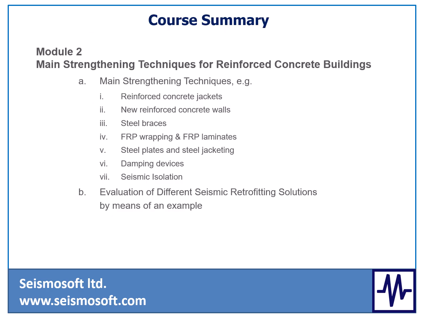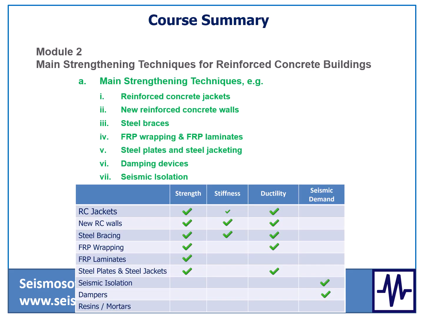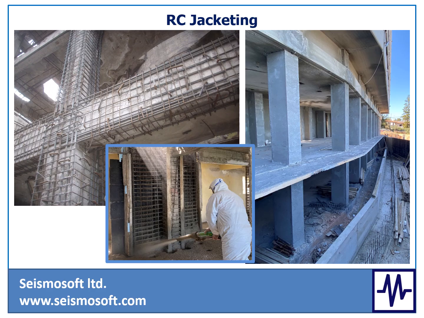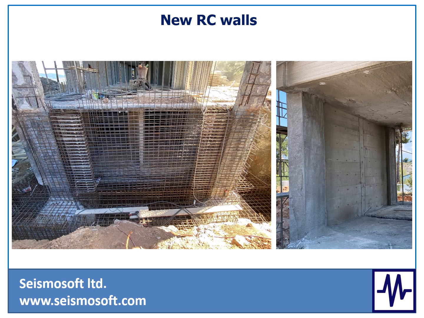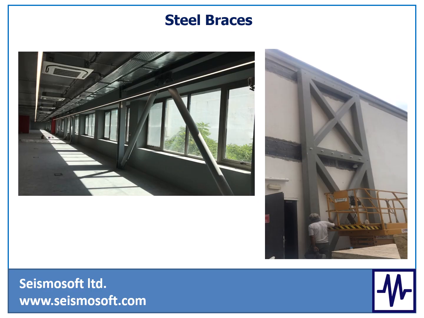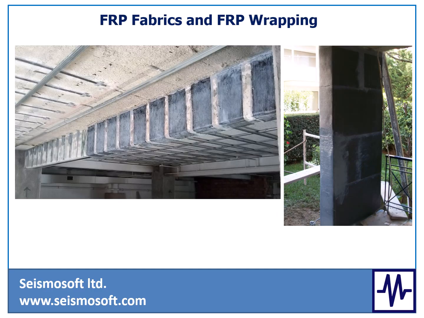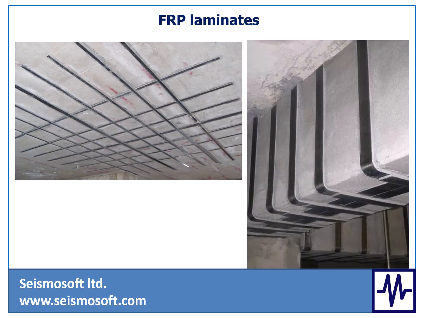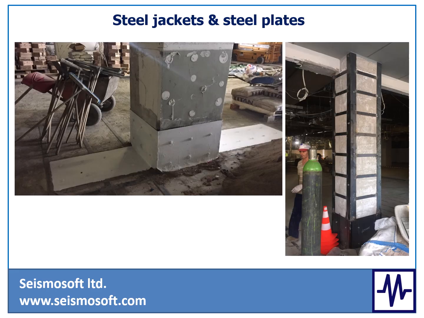In Module 2, the main techniques for strengthening reinforced concrete buildings will be described. In the first part of the module, the main techniques and their advantages and disadvantages will be presented, including reinforced concrete jackets and shotcrete, new reinforced concrete shear walls, steel braces, fiber reinforced polymers and FRP wrapping, FRP laminates, steel jackets and steel plates,